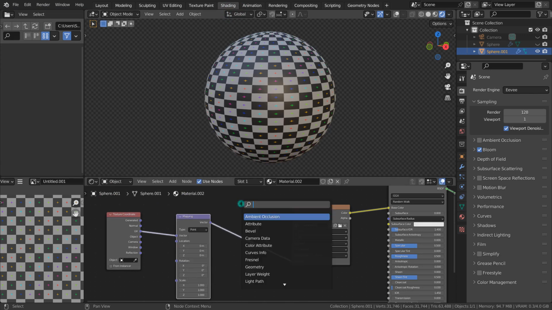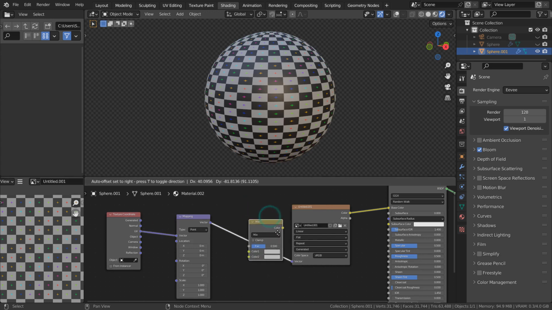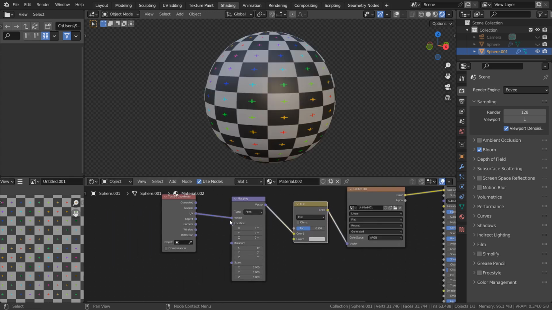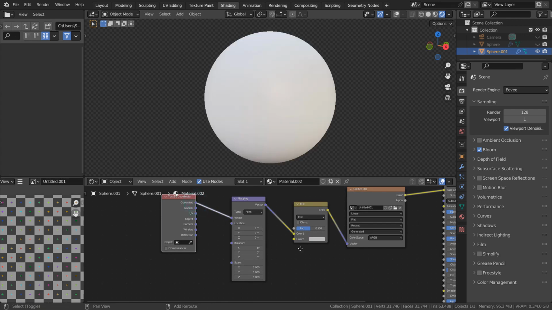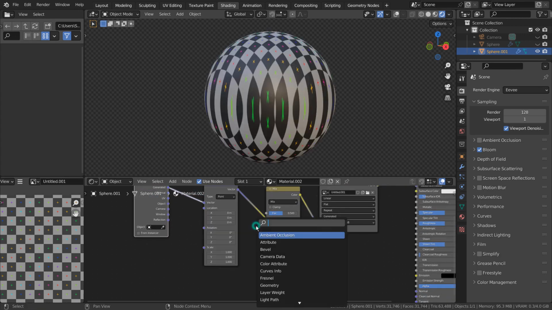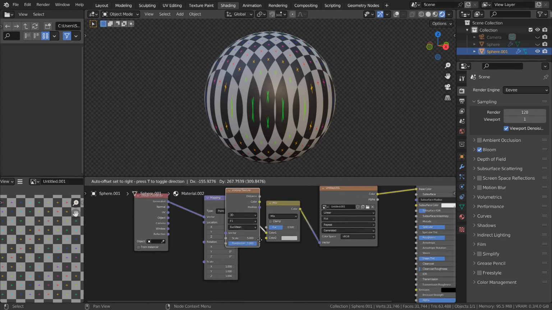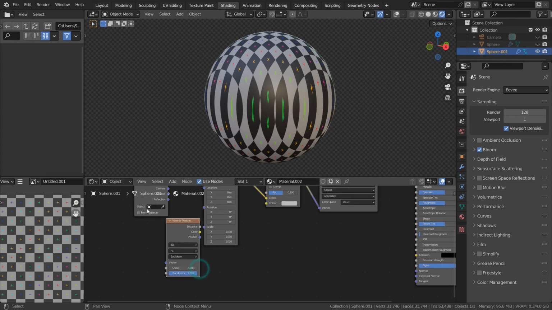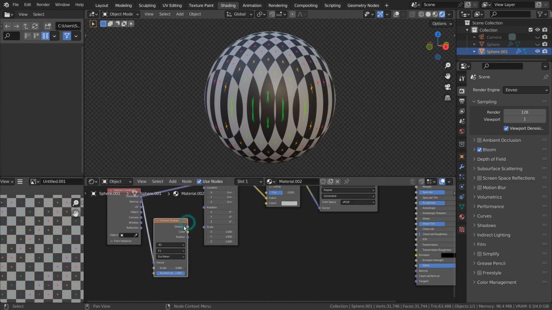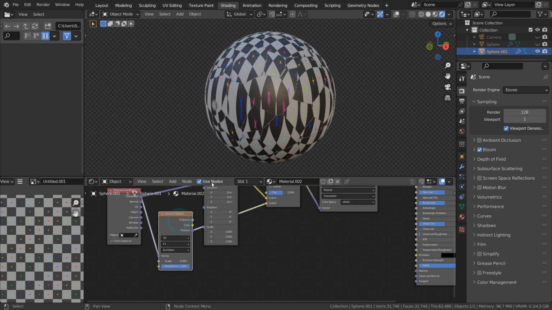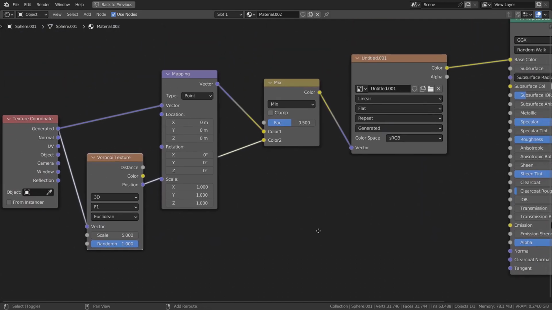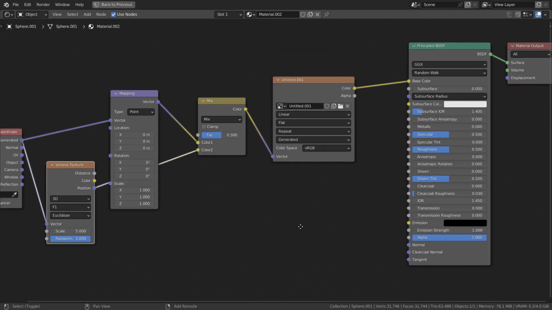I'll add Mix RGB and Voronoi nodes. Here are the full nodes.